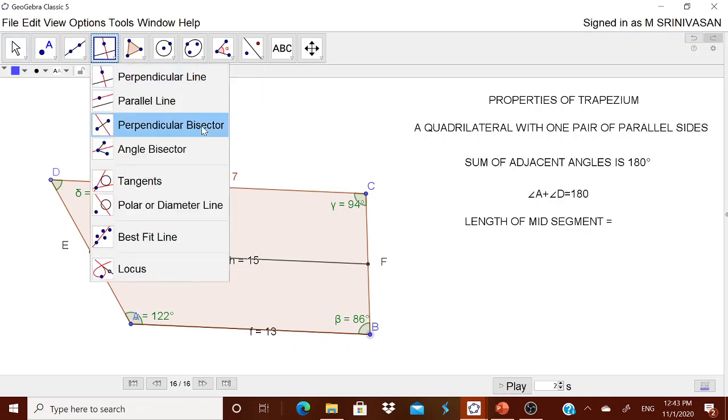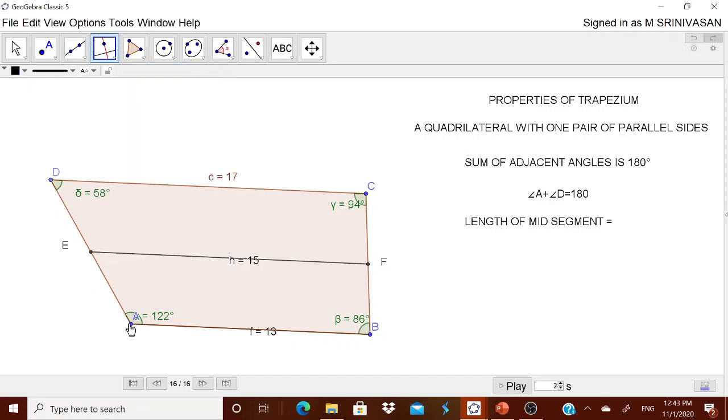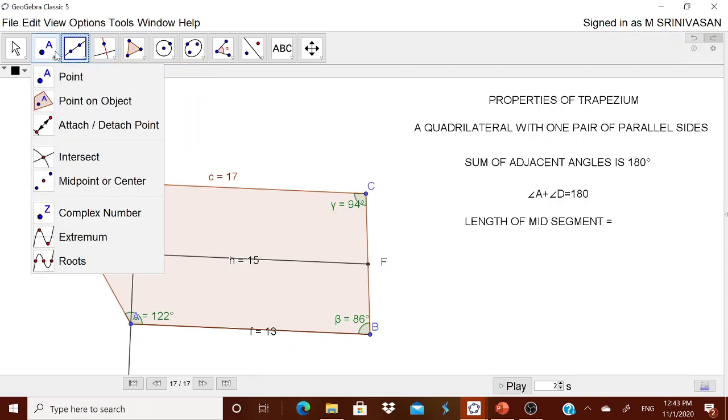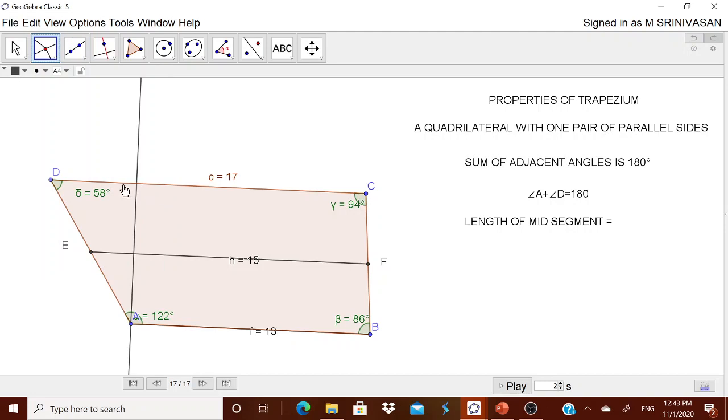You can draw from the top to bottom or bottom to top, whatever may be. I will take this perpendicular line. From A, I will just draw a perpendicular line to CD. Oh, it is going like this. Okay, now I will go for this point of intersection because I want to draw a segment. Therefore, simply touch this base and touch this line. You got this G now. Now this AG is the perpendicular which I want for that formula.